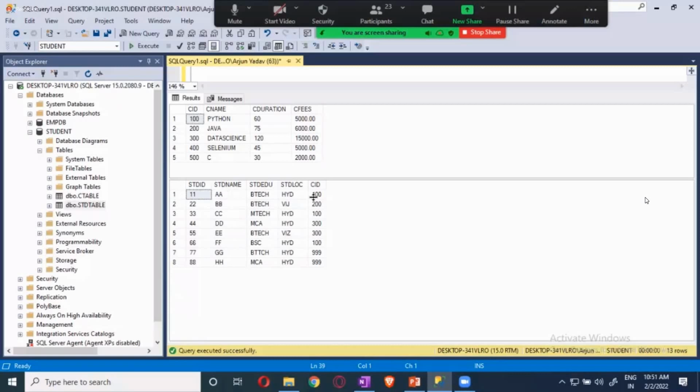This guy, the first guy, is taking the course inside this. Yes or no? Yes. Second guy, yes. Third guy, yes. All the 6 guys are taking the courses which are available inside our course table, right? Now they are matching these 6 records. They are matching both. So when I say inner join, it is going to give us the data from the student table who are taking the relevant courses which are available in our course list.